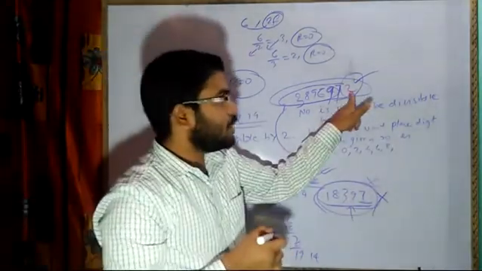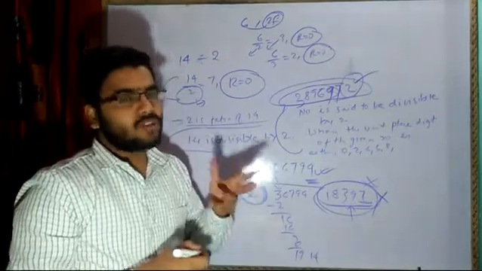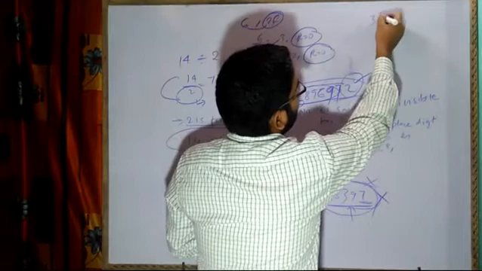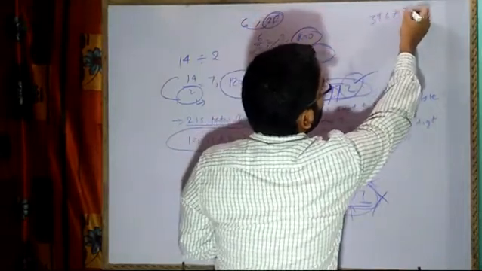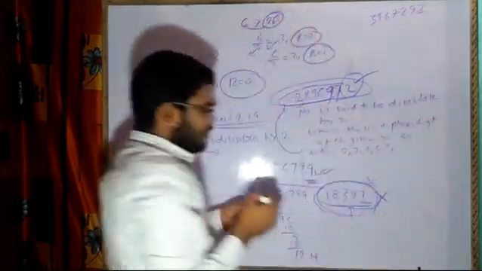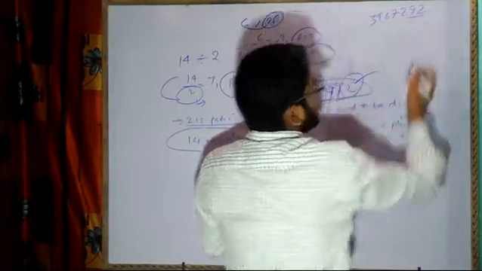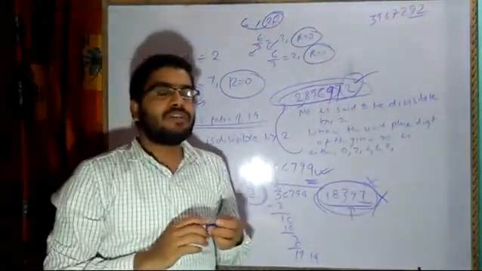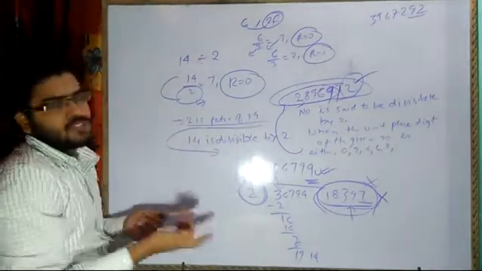By seeing the unit place digit, you can identify whether a number is divisible by 2 or not. Now, the same is the case with 3. If I have a number like 3964729 2, if the last two digits are divisible by 3, then we can say that this particular number is divisible by 3. Like, 7 plus 2, 29.